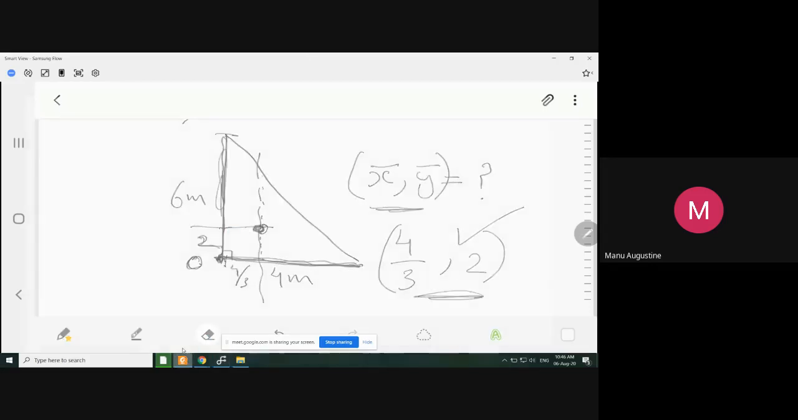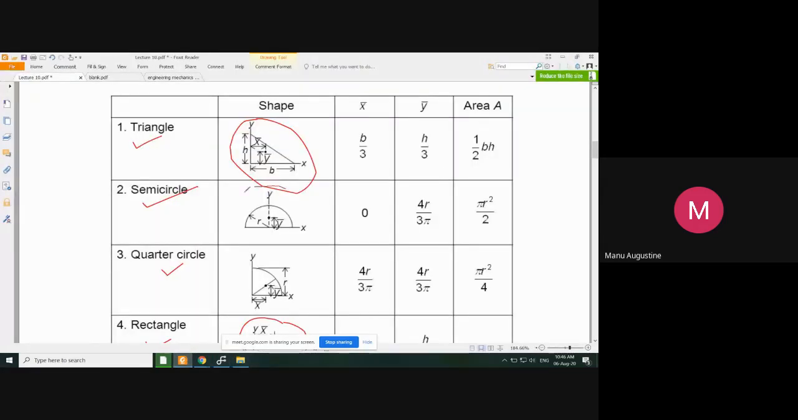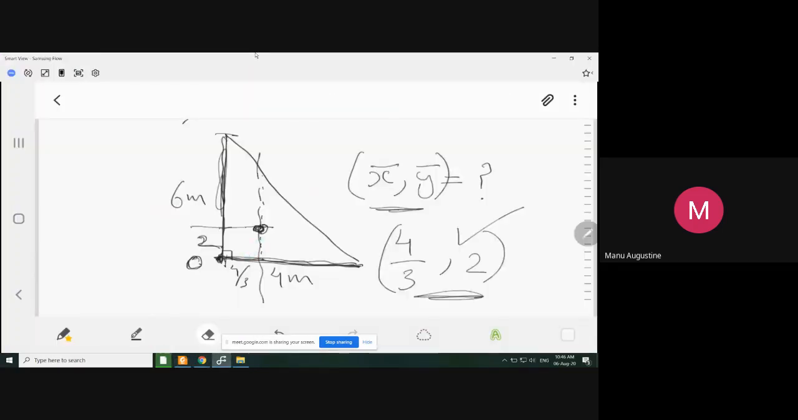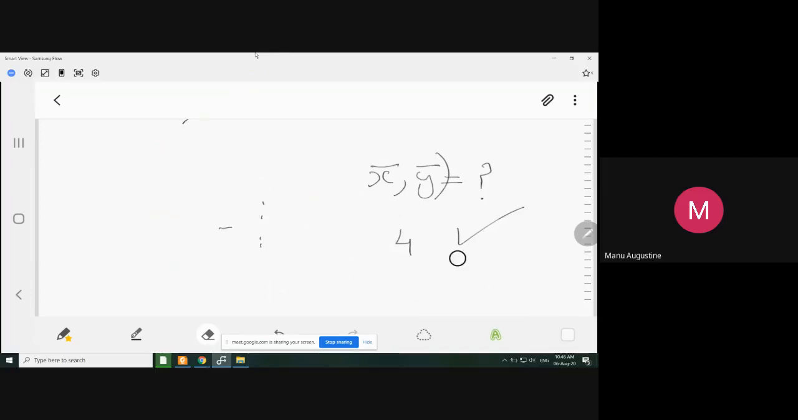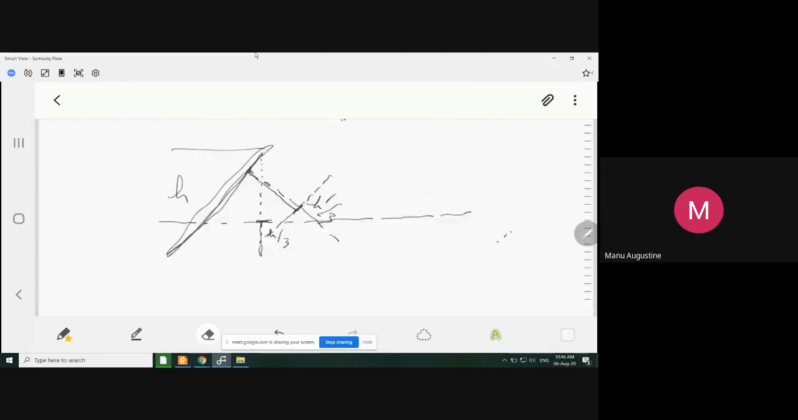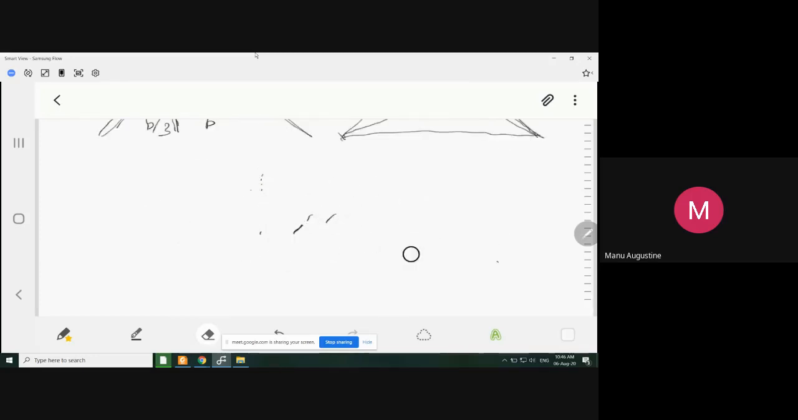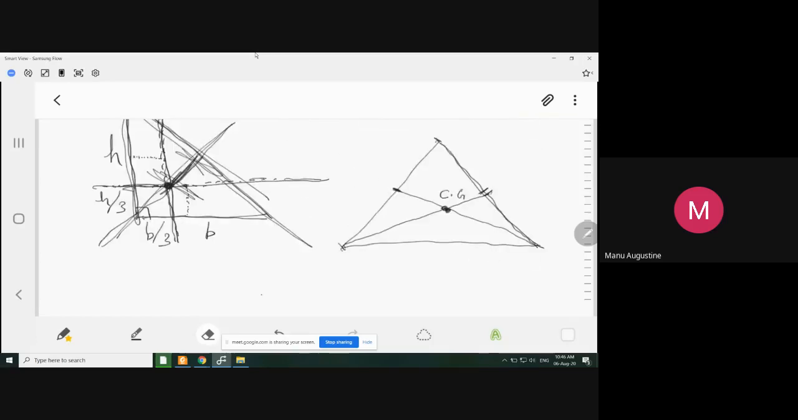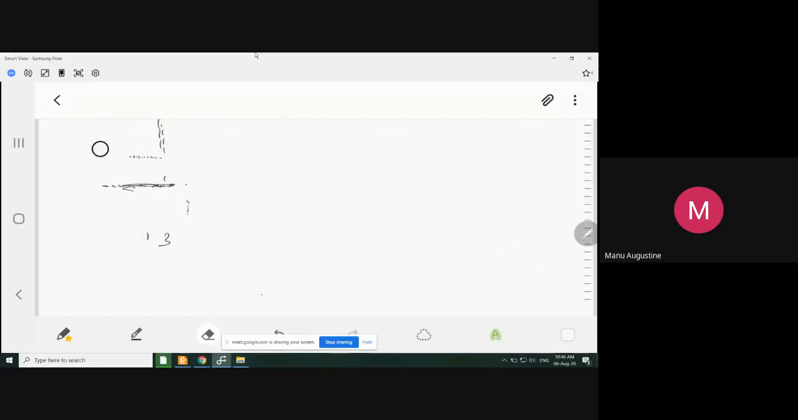And now let us come to another shape, semicircle। सेमीसर्कल के लिए भी एक नया concept है जिसको याद रखना है। तो I will give you the concept and then ask you some questions. For a semicircle,